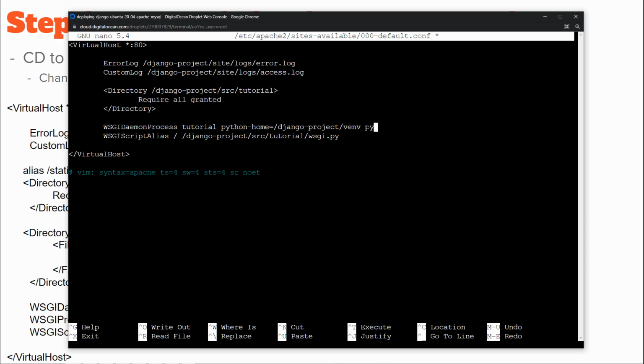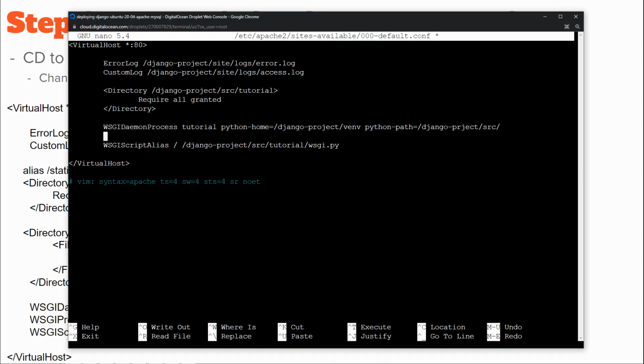The next thing I need to do is Python path. And the Python path is basically going to point to the directory where manage.py lives. So mine is Django project source. And that's where my manage.py is. So the very last thing we need to add here is wsgi process group. Kind of not really important to talk about. We just really need this here, and we need it to have the same name that's up here for this